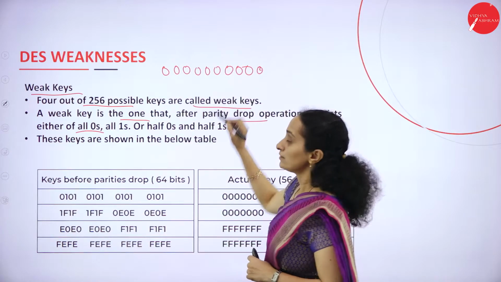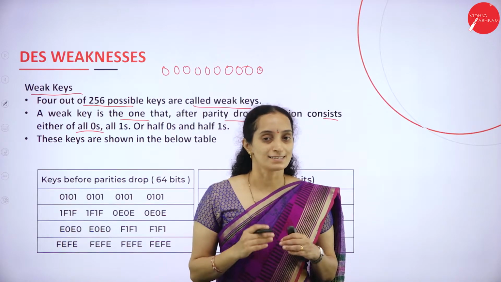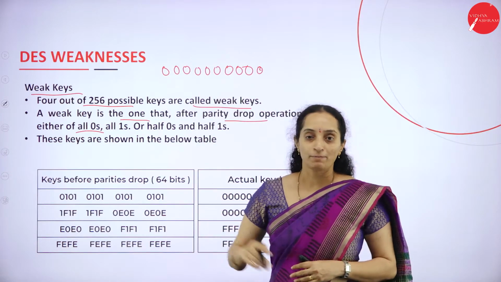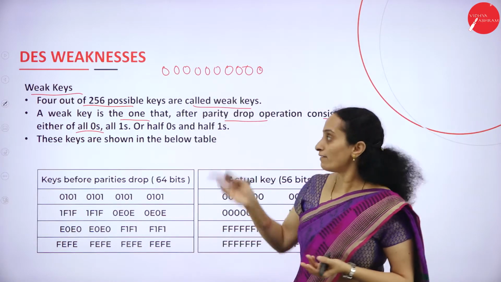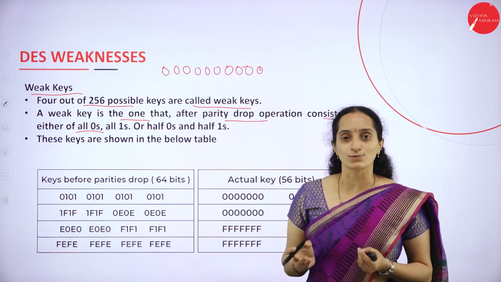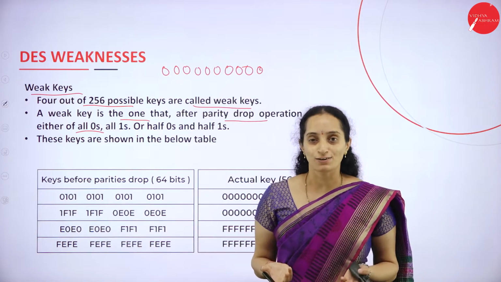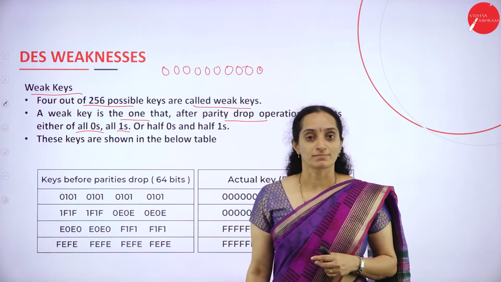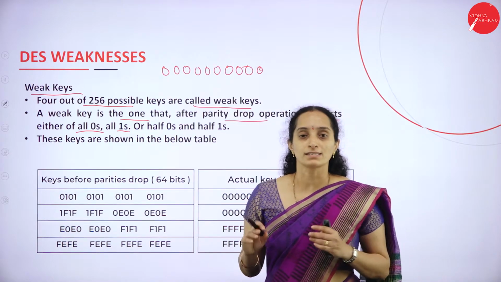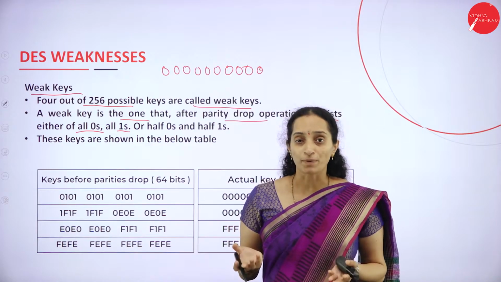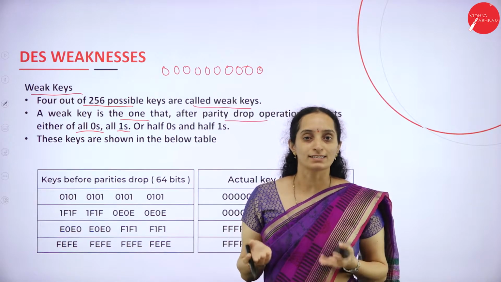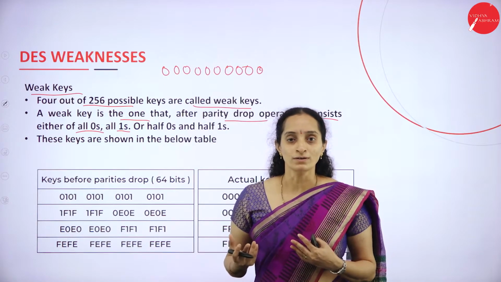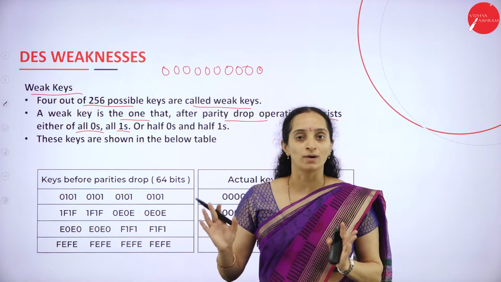So you have 10 zeros in a key. This is the smallest one. Okay, 10 zeros. What happens? You can't permutate. However you permutate, what you get is only the combination of zeros. Like that, all ones. If you have all ones in the key, you cannot permutate, isn't it? You cannot exchange, you cannot permutate, because whatever you do, it remains the same, 1 to 1.